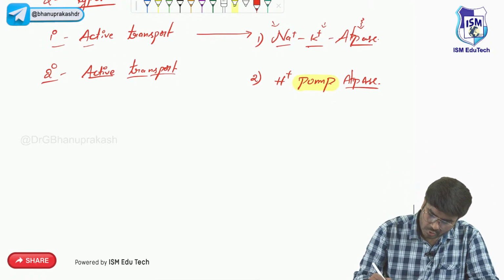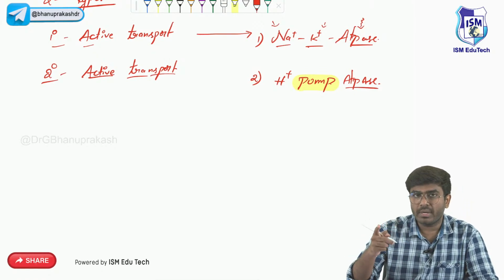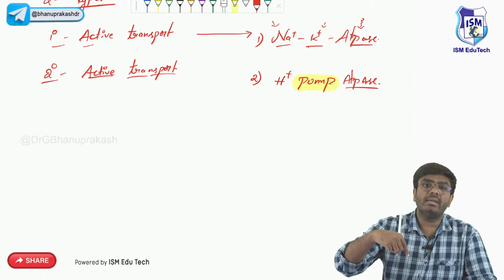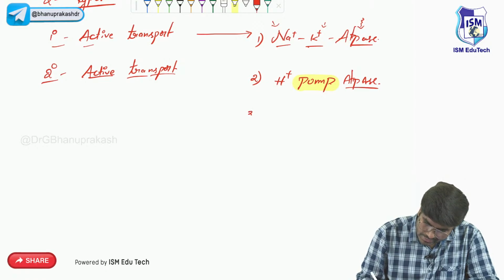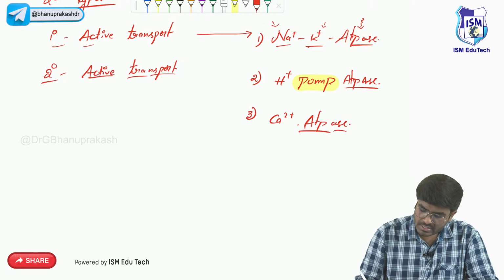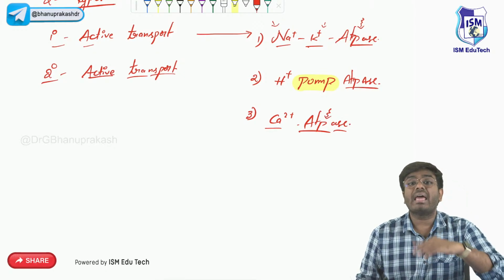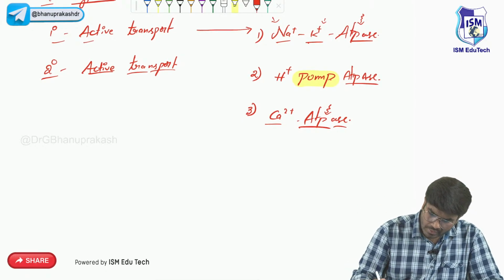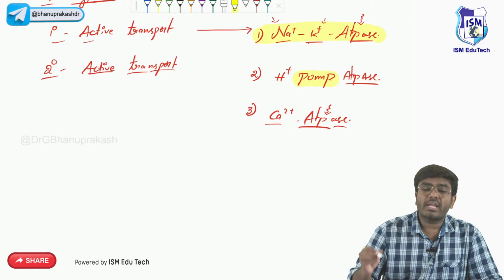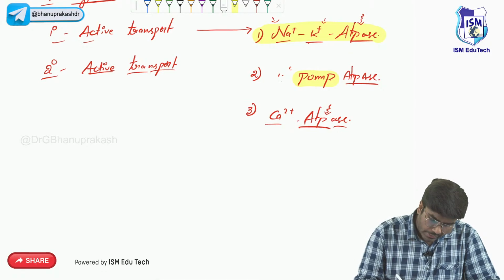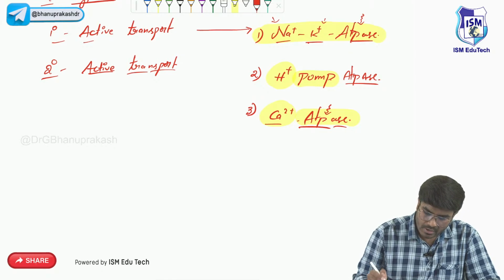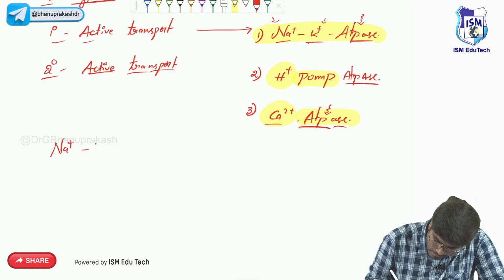So the first example is sodium potassium ATPase, sodium movement and potassium movement. Proton ATPase, the proton pump or H plus pump: protons are moving with the help of ATP. And the third example is calcium ATPase. Here also ATP is being used and calcium is being transported. Now my question: what should you know regarding sodium potassium ATPase for the exam? What should you know regarding the proton pump, and what should you know regarding calcium ATPase for your exam? First, let's start with the sodium potassium